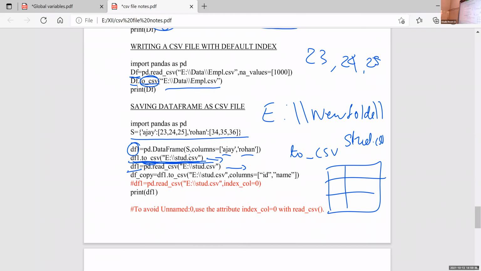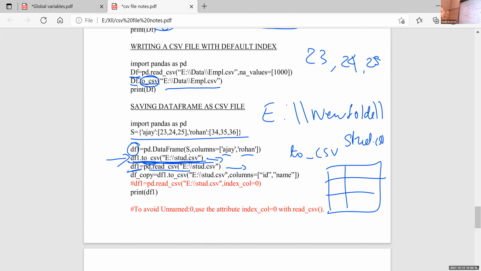Here, first I create a data frame that is in 2D format. And after that, in this statement, I just convert that data frame into CSV, that is comma separated file. Then I am reading that CSV file and storing it in df1.